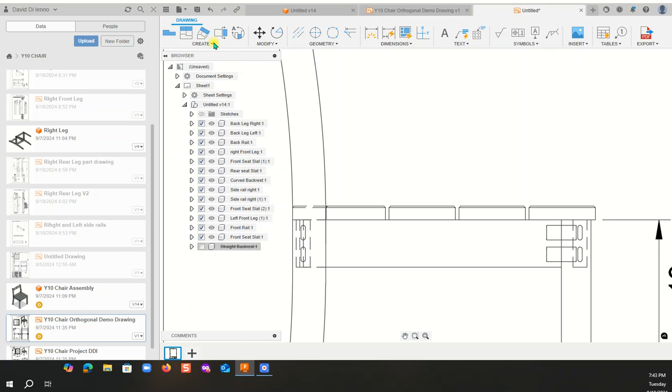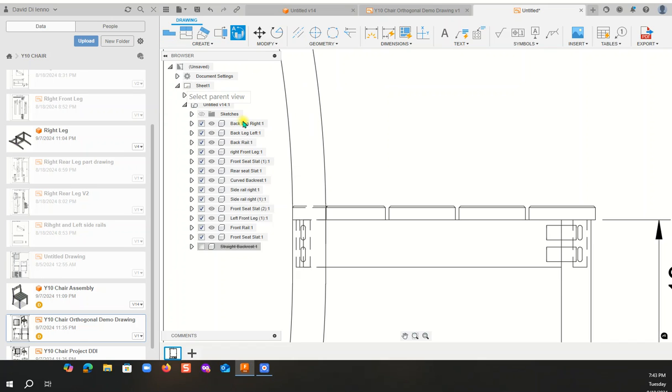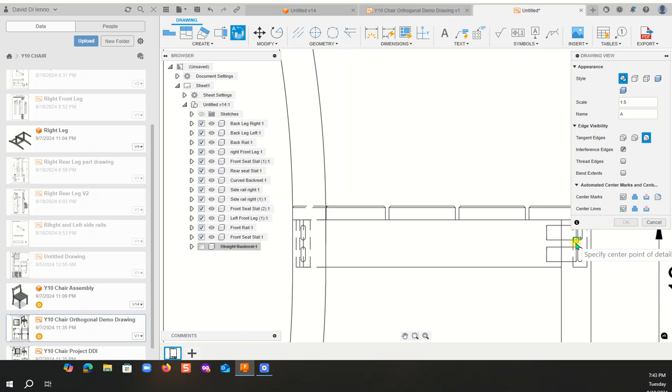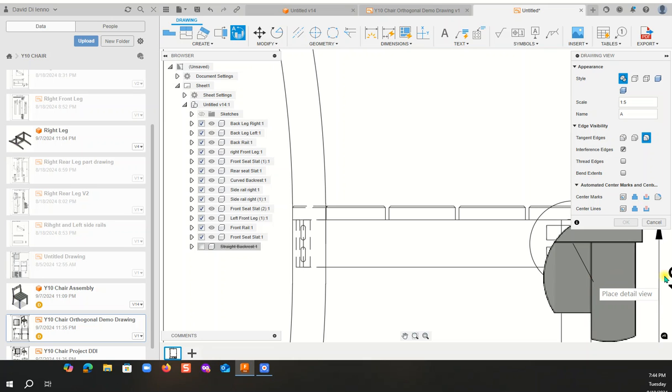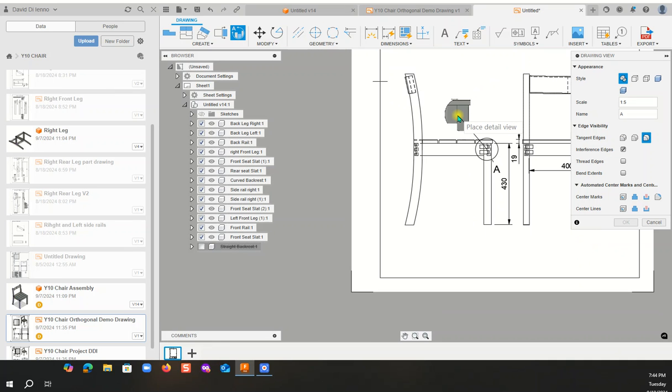You can also create a detail view, and that can be quite interesting. So a detail view creates a circular detail of a proportion of the design. Let's click detail view, and then let's click this section right over here. So we're going to select the parent view. There it is there, and then we're going to create a circle by dragging out with the left mouse button. I'll select it, and what I have now is an enlarged version of that view, which I'm going to place,